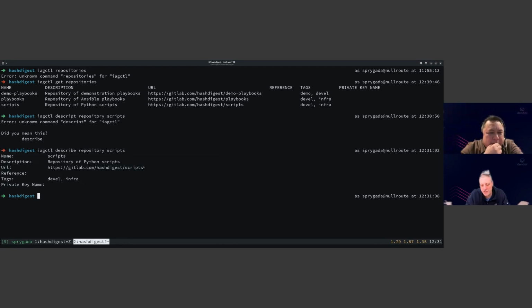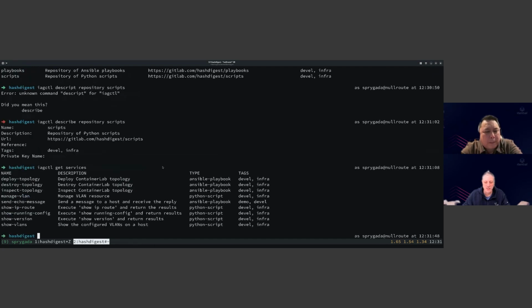So once we've got our repository set up, we can now build a set of services against that. If I look at the set of services, I've got a bunch of services that I've already defined on this gateway. You can see them here by their name and what they do. So we were working with show version. Here I actually have a service called show version. And when I go in, I can start to take a look at this. I can say